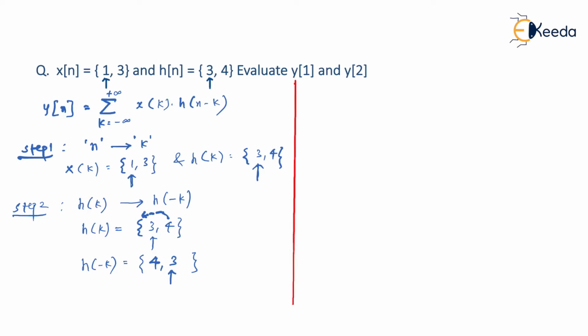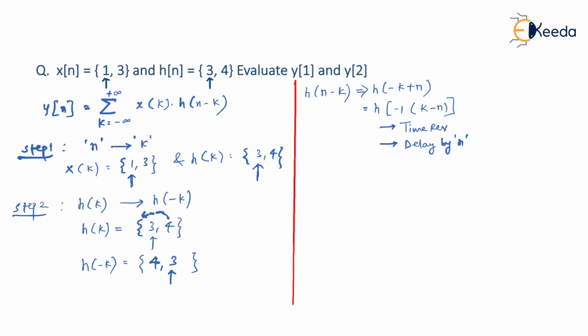Fine. In next step, we know that we have to prepare for h of n minus k, and h of n minus k can be seen like this, h of minus k plus n, or I can see it like this, h of, I'll take minus 1 out so as to make k coefficient free. What remains inside? K minus n. So we do this in 2 steps. First of all, we do a time reversal, which we have already done with h of k, and then we delay by n.